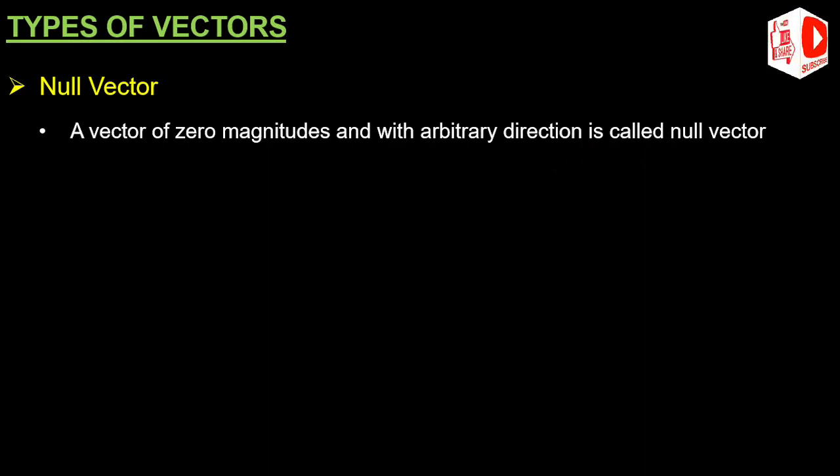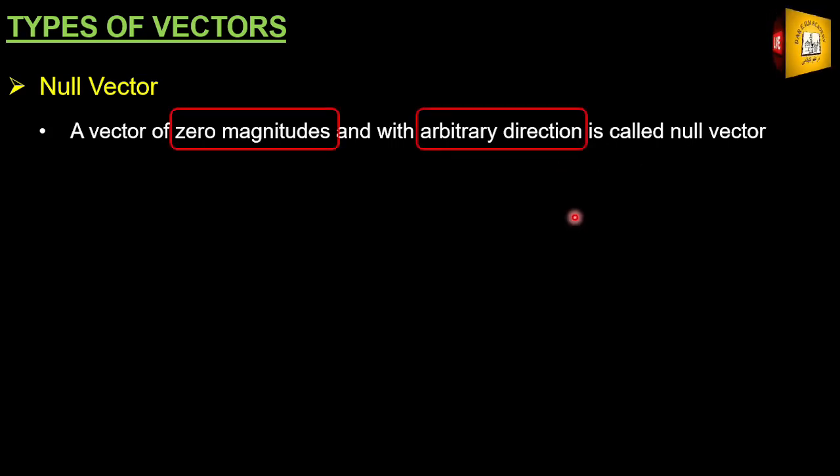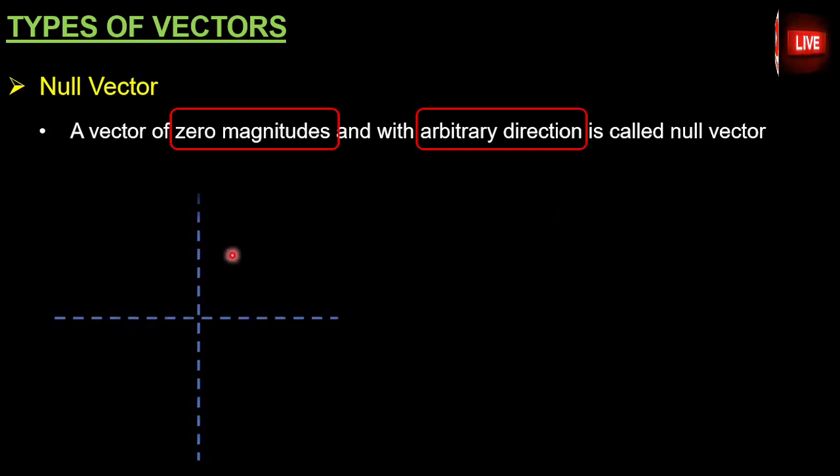Question here, what is the meaning of zero magnitude and arbitrary direction? Let's understand with an example. Here we have a 2D Cartesian coordinate system with which you people are very familiar. Let a vector move right from the origin toward the positive x-axis. This vector is indicating that it has some magnitude under a certain scale and a specific direction. But what will happen if I start reducing its magnitude to 0, in reverse, meaning taking that vector at the